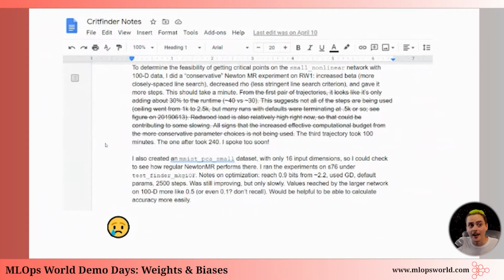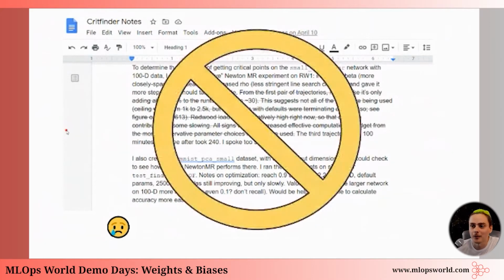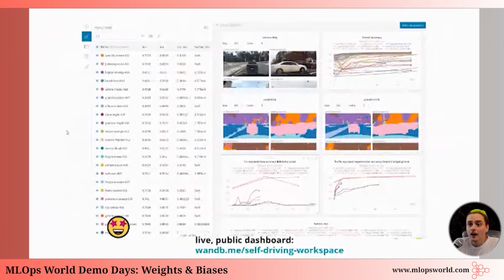So I had the information. It was better than what I was doing before, which was trying to keep it all in my head. But it was not something that was scalable across time or across a team. So the alternative that Weights and Biases provides to that Google Doc or spreadsheet approach to tracking experiments is